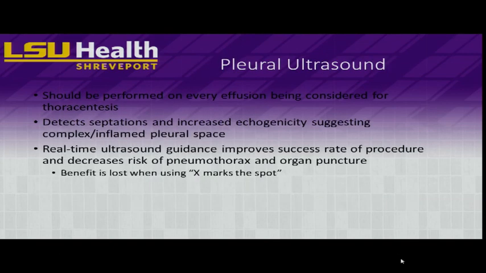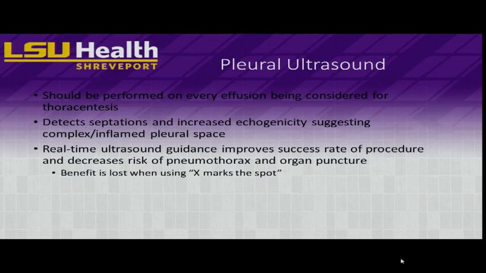So the next step, if you notice a unilateral pleural effusion, you're going to have to sample it, but prior to sampling, you should start with a pleural ultrasound. And there's a few things that you can get out of this. So the biggest thing is we know that real-time ultrasound guidance does improve the success rate of thoracentesis and decrease